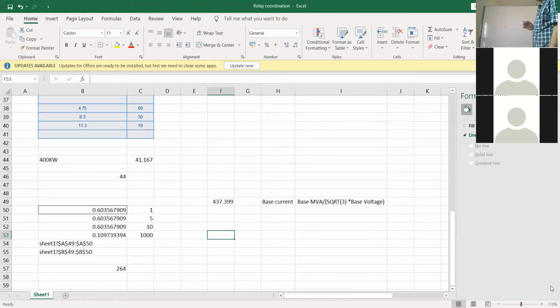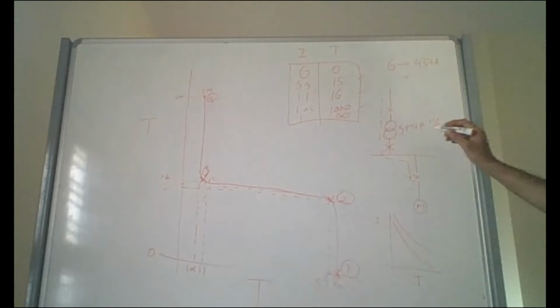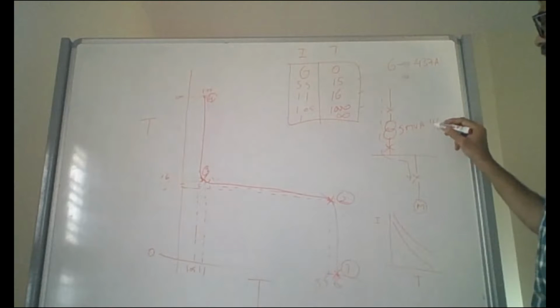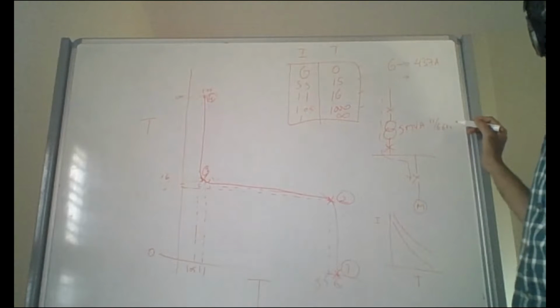I'm not understanding, sir. Okay, see transformer. What is, see in this single line diagram? Okay, you are having a 5 MVA transformer, right? 11 bar Yes, sir. 6.6 kV. So See, what is the the base camera is right current? now on your. The camera is on your screen right now, so we can't see what you're writing. Okay, sir. Let me go back. Yeah, please. See, I have a 5 MVA 11 bar 6.6 kV transformer. Okay.